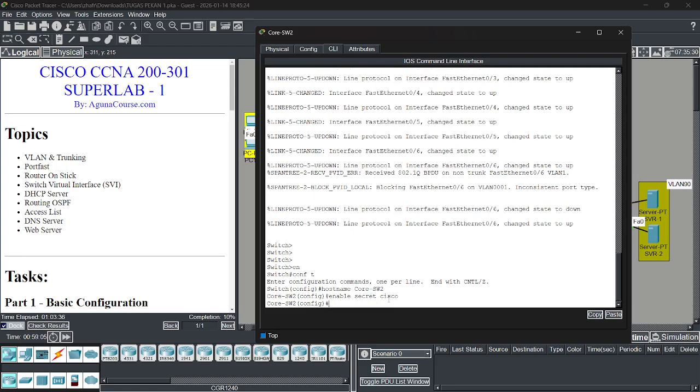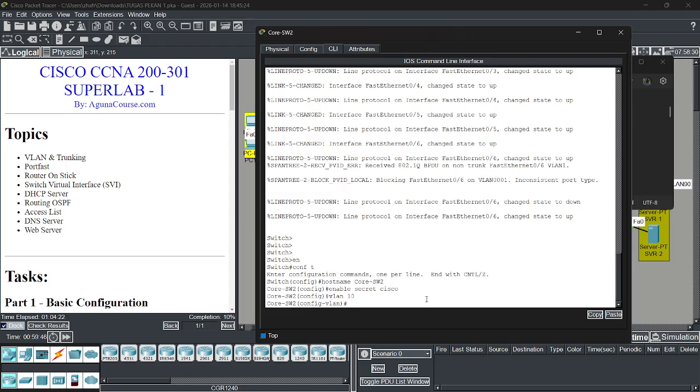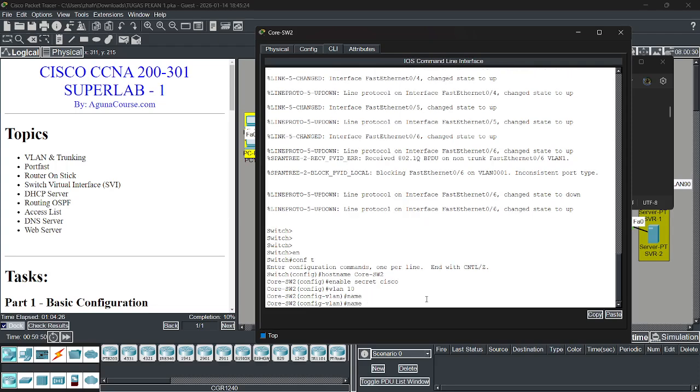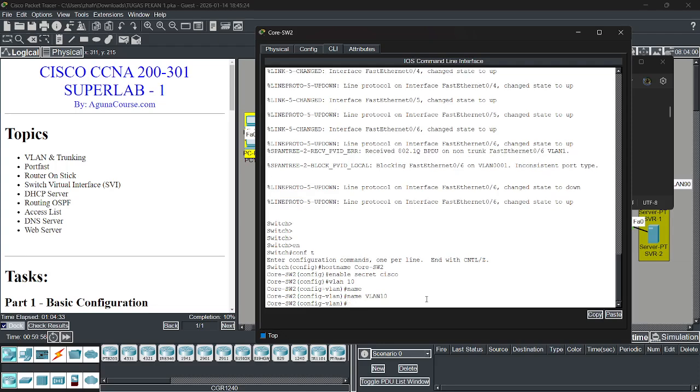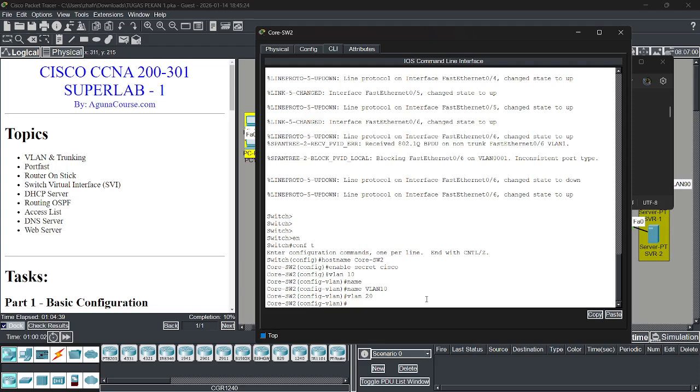and then we add the VLAN. We add VLAN 10, name VLAN 10, sorry, and then VLAN 20, name VLAN 20.